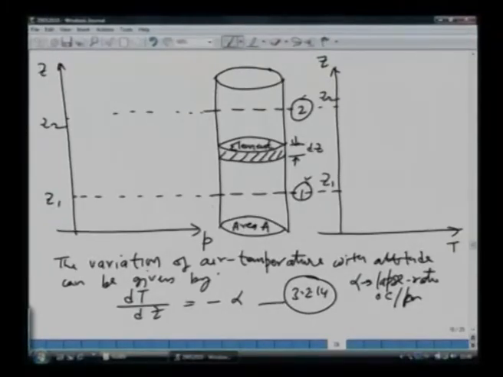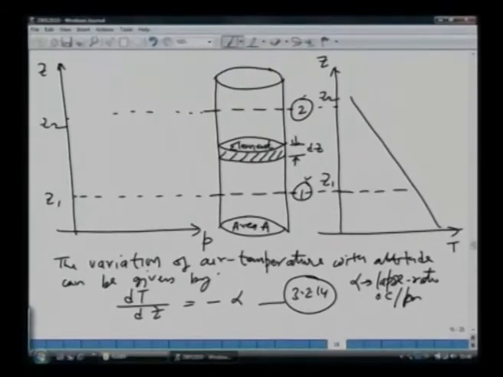Let us first plot the temperature. Temperature, as you have seen, decreases as we go up. T2 is equal to T1 minus alpha times delta Z. So, if you did that, how will it look? Is the equation linear or non-linear? It is obviously a linear equation, and it will be sloping downwards, because it is decreasing as we go up. So, it would simply be something like this.